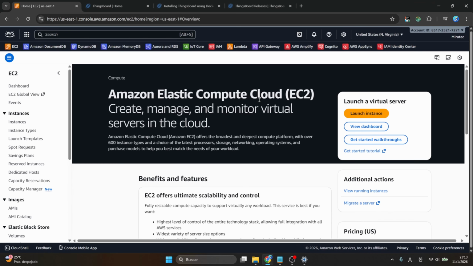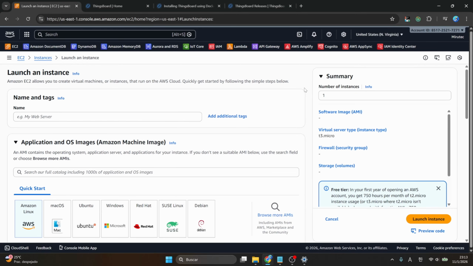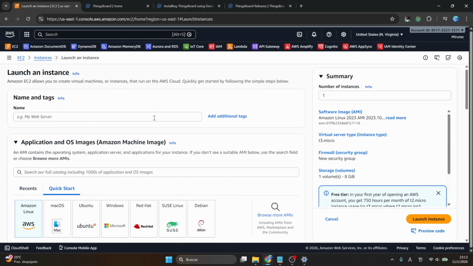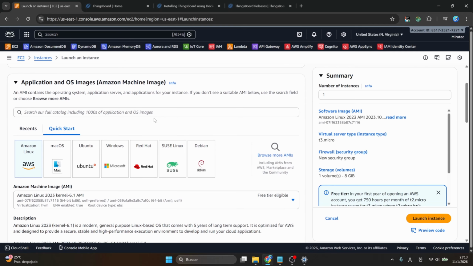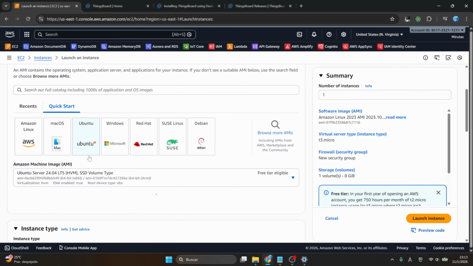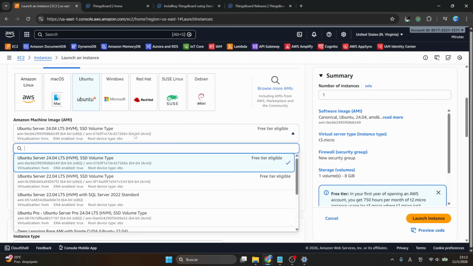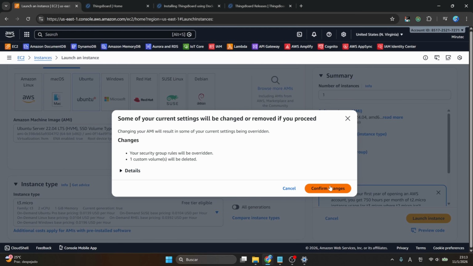Alright guys, so once we are in our AWS account, let's go to the EC2 service. So let's go into create a new instance, so click on launch instance here. And then we are going to name it ThingsBoard CE, from Community Edition. In the application and OS image, I will select Ubuntu, and then I will select the version number 22. Confirm the changes,